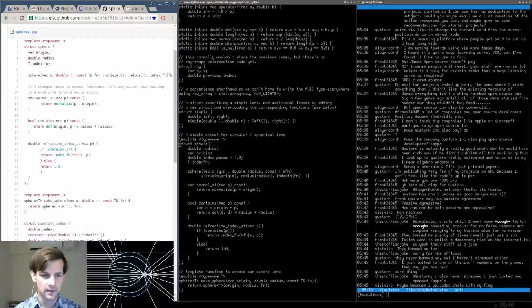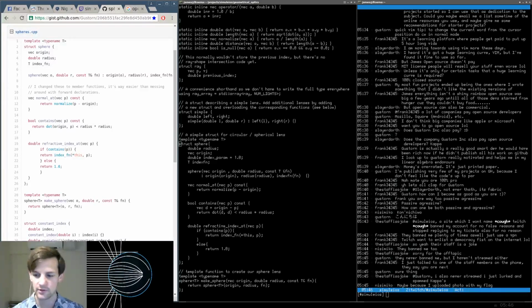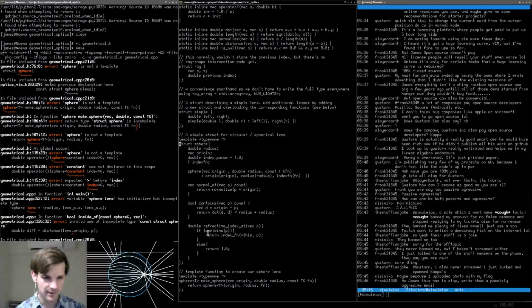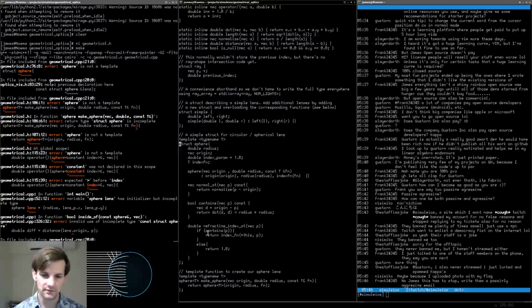Okay, let me see. What do we have here? So what we need to do is modify all of the functions with sphere in it to take into account the new template that is sphere. So let's go through and check the error messages. So let me pop this over to that desktop and let's see what we got. So the first error message is sphere is not a template. Okay, so what I might do,